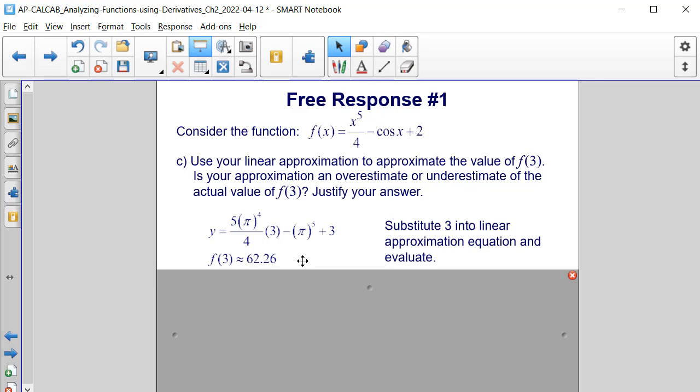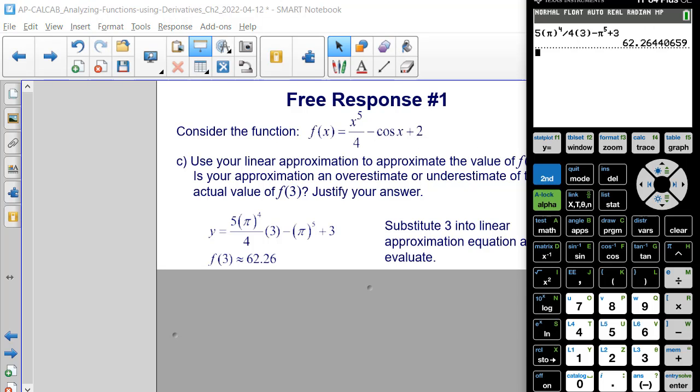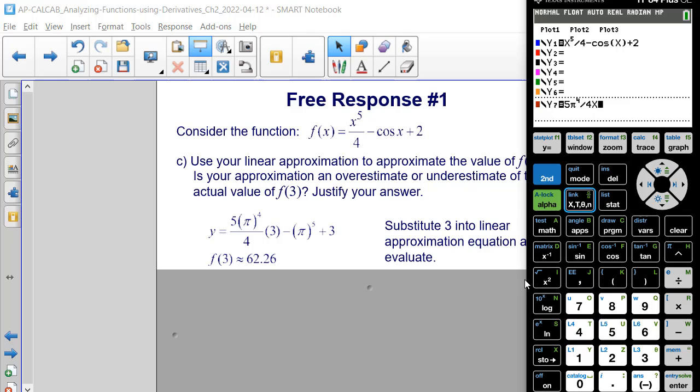Now that we have our linear approximation for the value of f of 3, we have to determine if this approximation is an overestimate or an underestimate of the actual value of f of 3. And we can do that by analyzing where the linear function lies in relation to our regular function. So let's switch back over to our graphing calculator and go to y equals. Our original function is there, but now we have to put in our linear function. So we have 5, and then we have pi being raised to the 4th power divided by 4. And then we have an x after that, and then minus pi raised to the 5th power plus 3. And then if we graph,